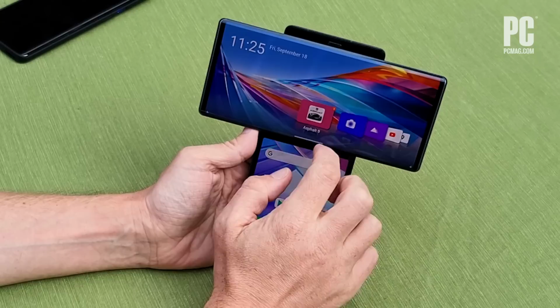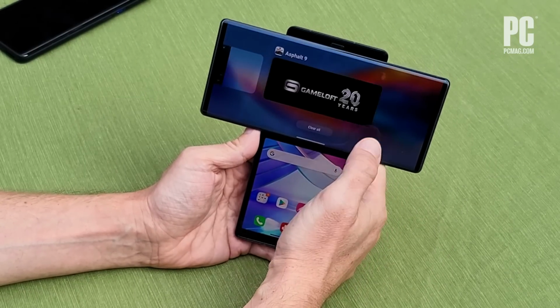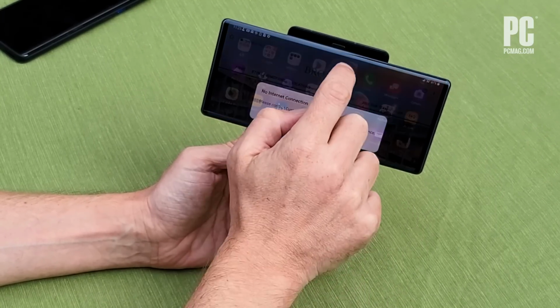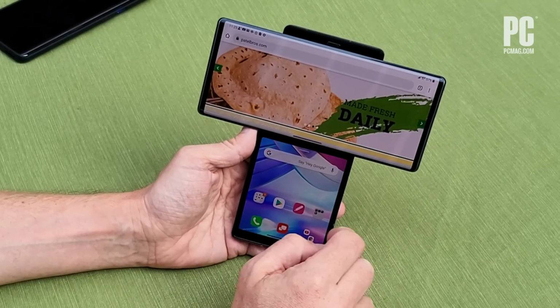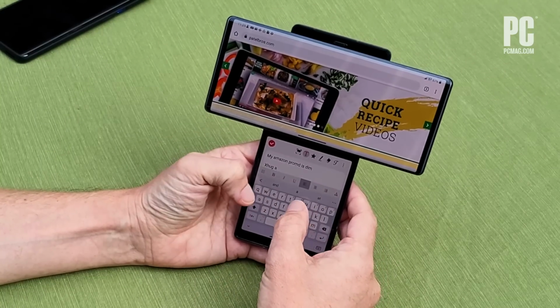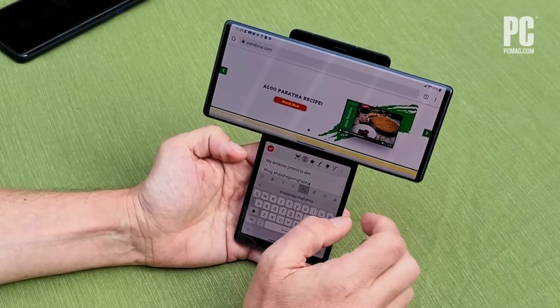One thing that I've really enjoyed doing with the dual screens, because I'm a journalist, is having a web page or something up here and then taking notes on it down here in LG's Quick Note using a little keyboard on the bottom screen. And now often, I'm just typing nonsense here, my Amazon prompt,